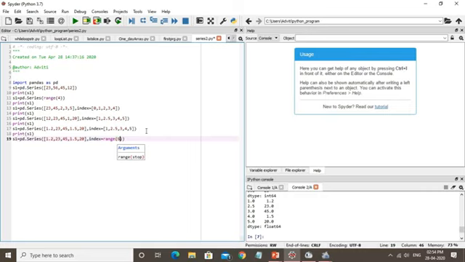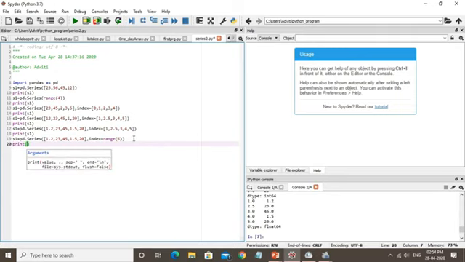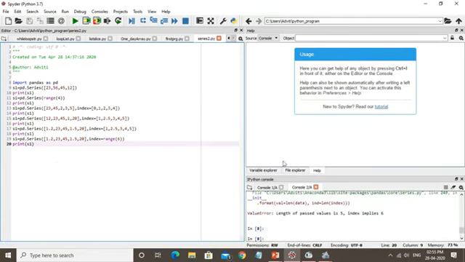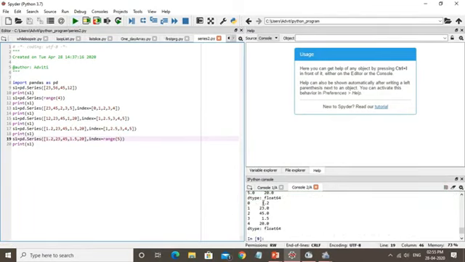Now let's see and check. print S1. Now check. Oh, the range should be 5, and I am creating the range as 6. So now you can check that there are 5 values and the index should be 5.